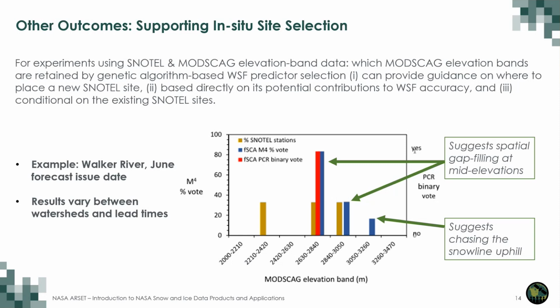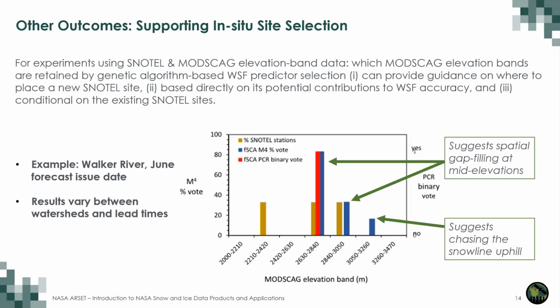So what we're looking at in this graph here is a particular river, Walker River. This is on the east side of the summit of the Sierra Nevada in California, flowing into the Walker Lake Basin. Looking at the June forecast issue date, and we're looking at 7 different elevation bands here, this is meters above sea level. I just want to emphasize that the details vary between watersheds and lead times. This is just a particular example we're looking at here. And this bar graph shows, I won't go into the details, we don't have time, but essentially it shows the degree to which M4, the AI-driven system, or principal component regression, the linear system,